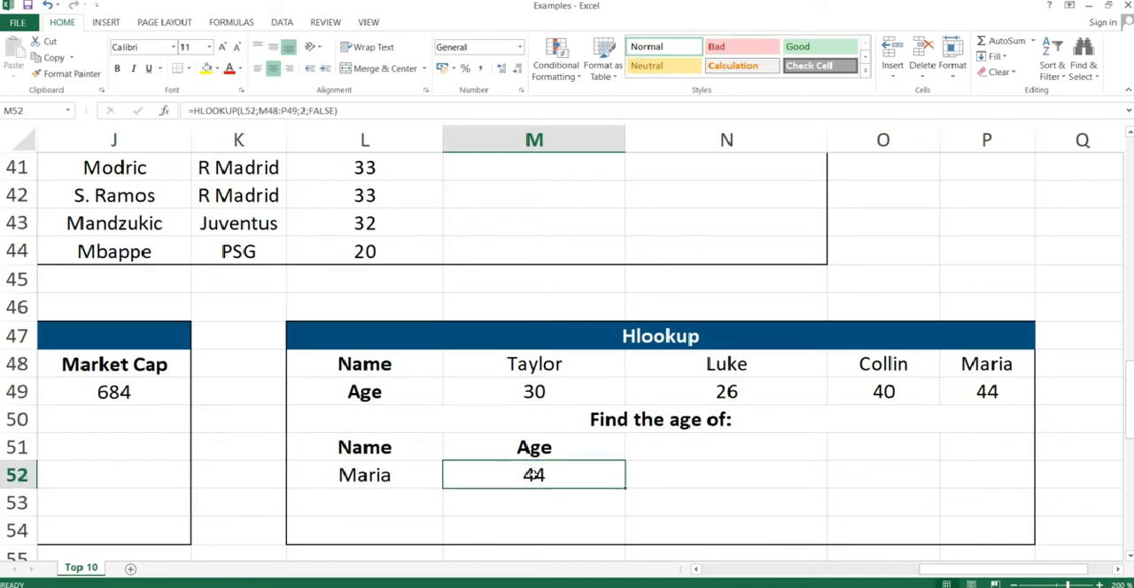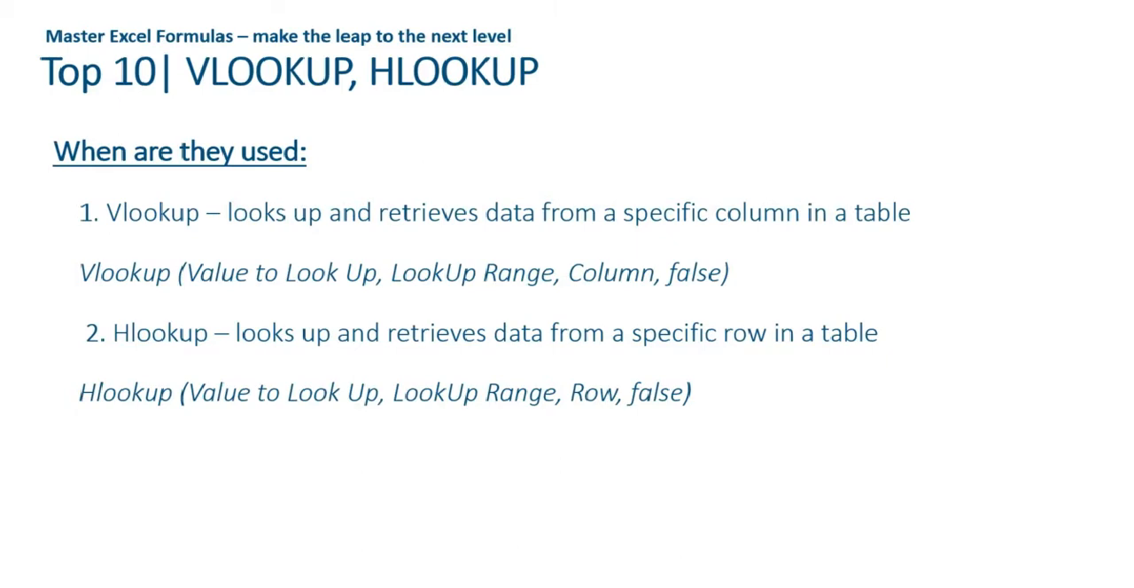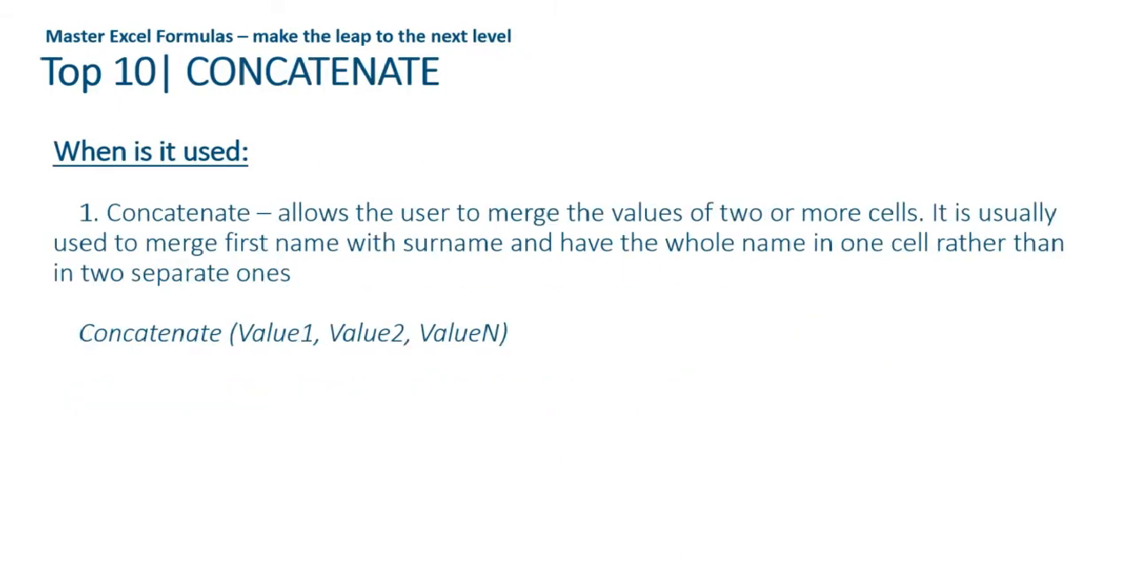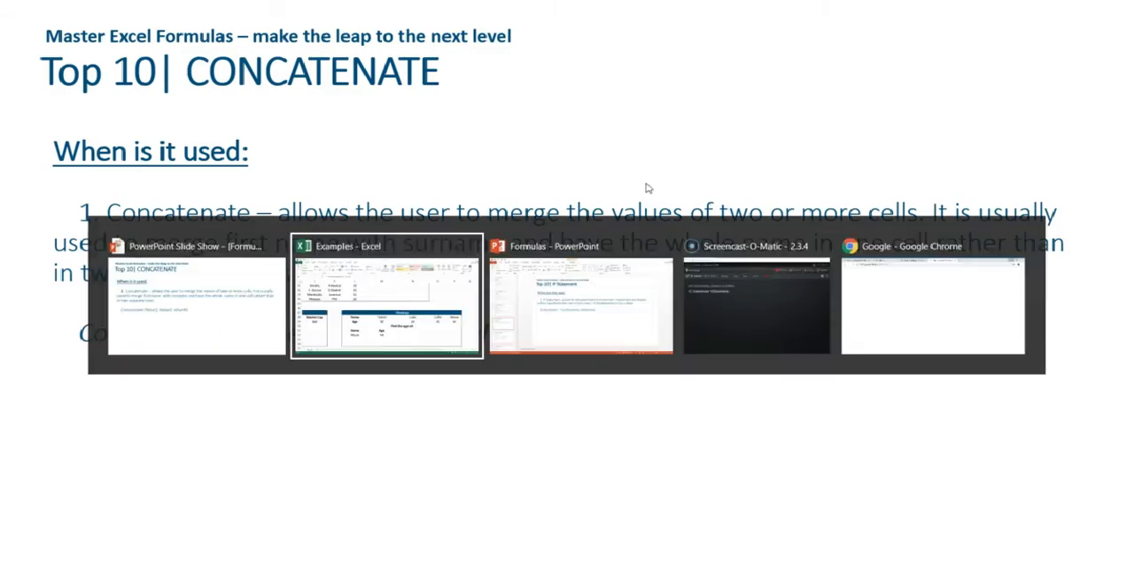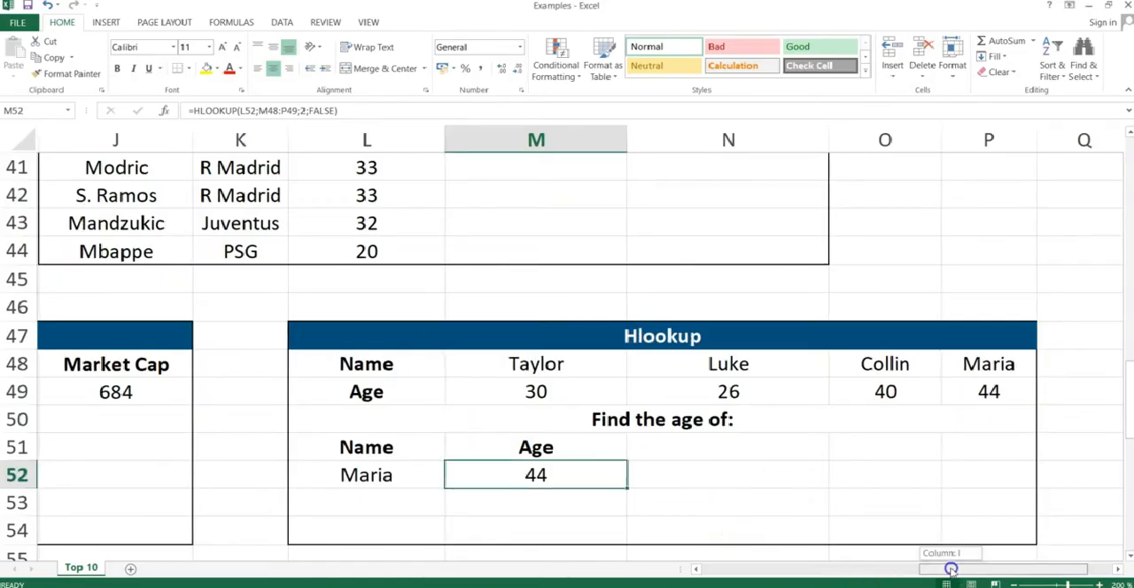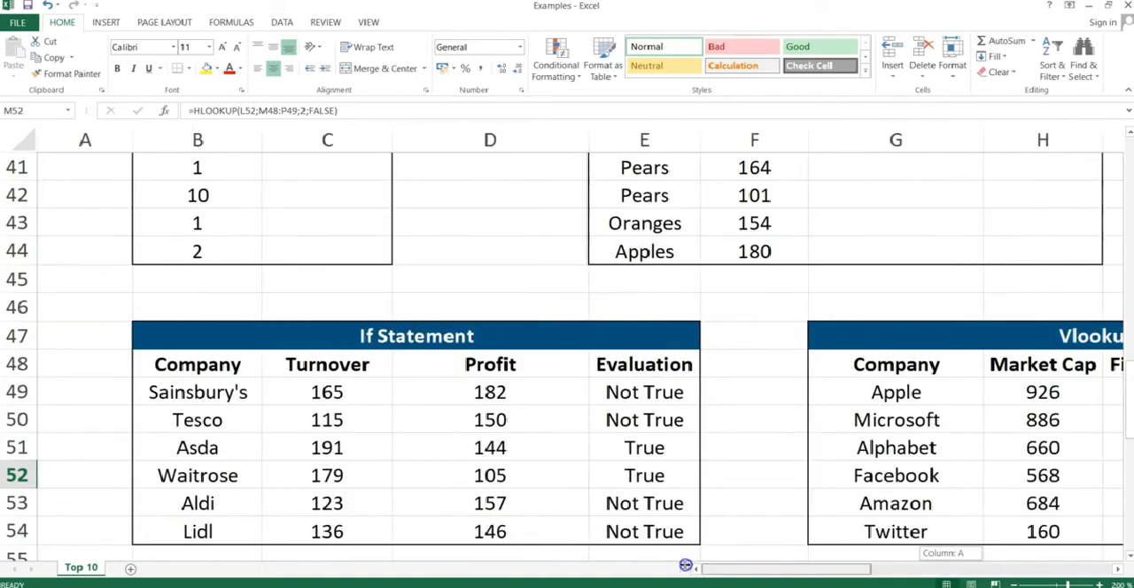Okay, now going back to the presentation, after this group of formulas we have concatenate, and this is another very frequently used formula. What it does is basically allow the user to merge the values of two cells in one cell, or more than two cells, as you can see from the structure of the formula here. So if I go to the example sheet again and find the example for concatenate